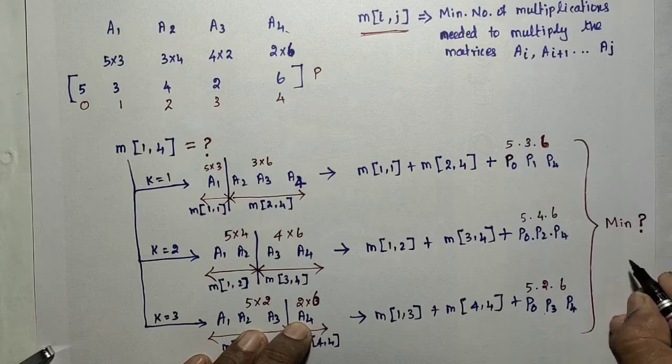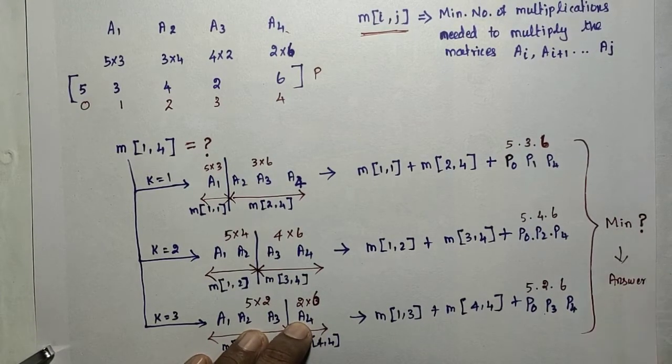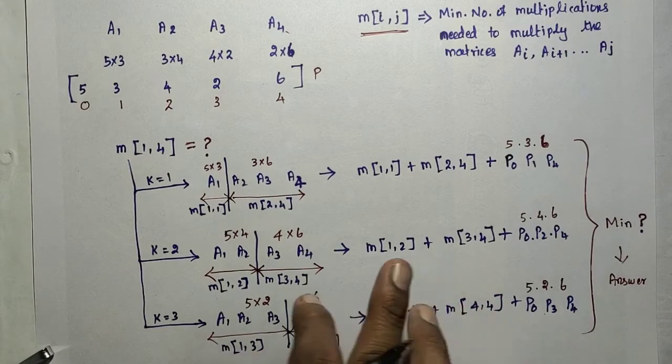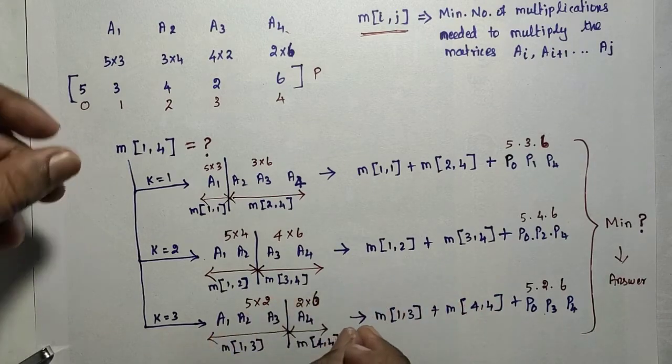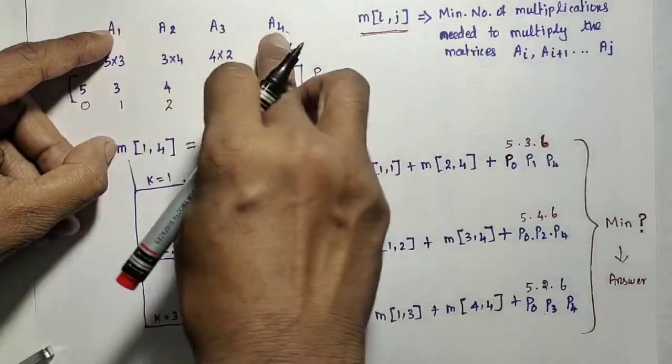That we have to choose. That is the answer. Correct? So this is the logic for the ordering of matrix multiplications. Okay, so here our objective is a1 to a4,